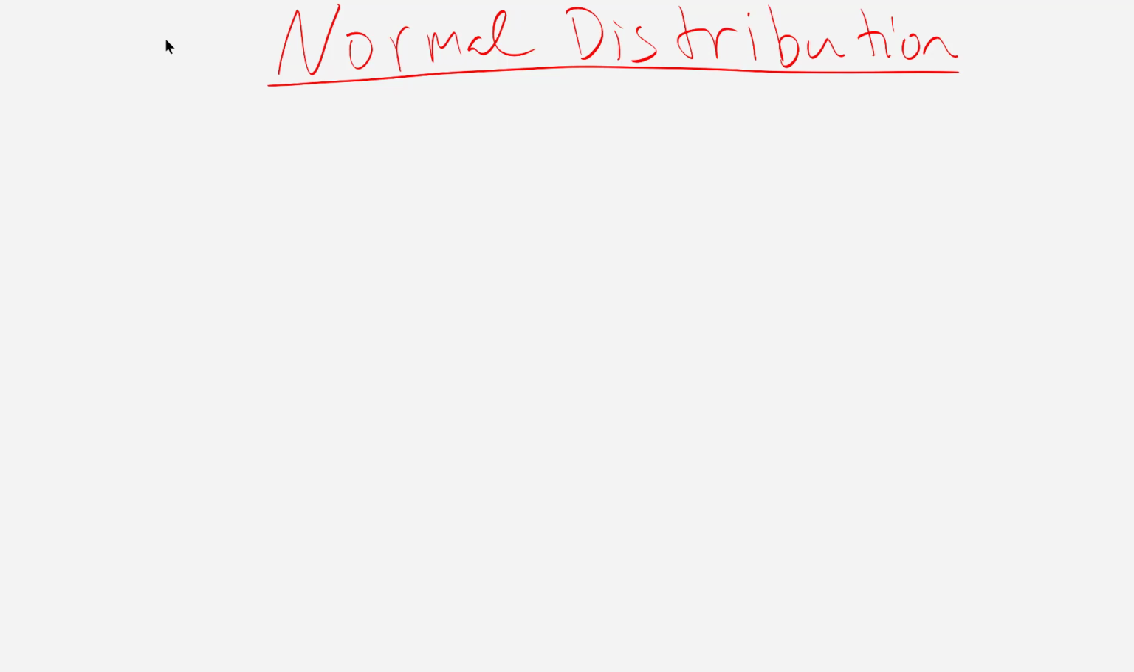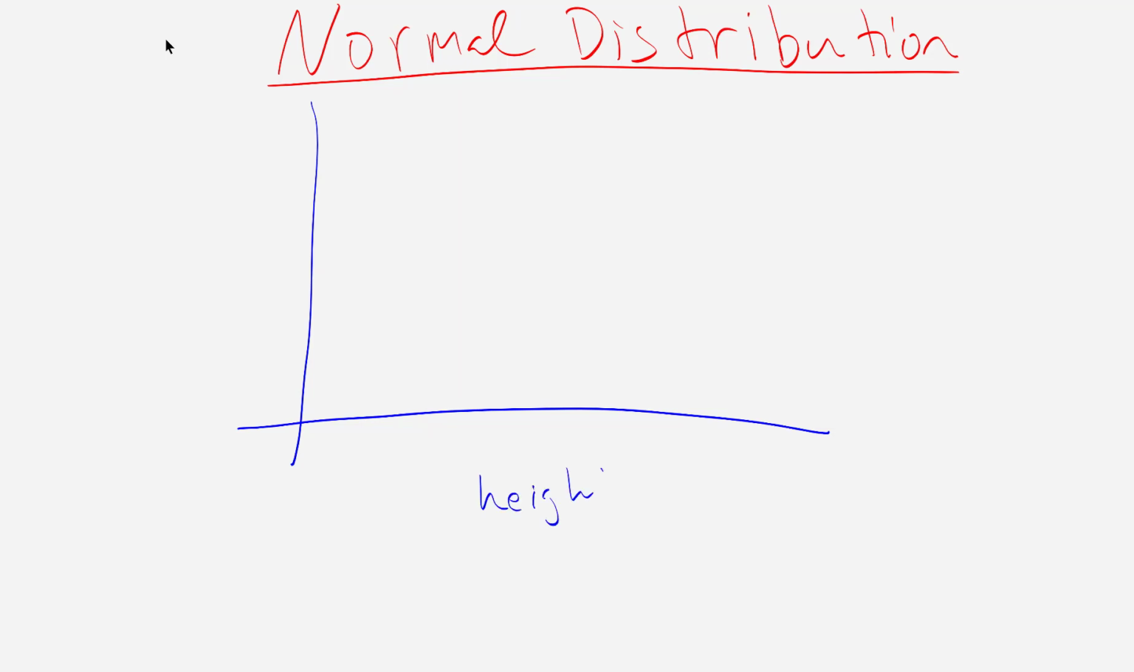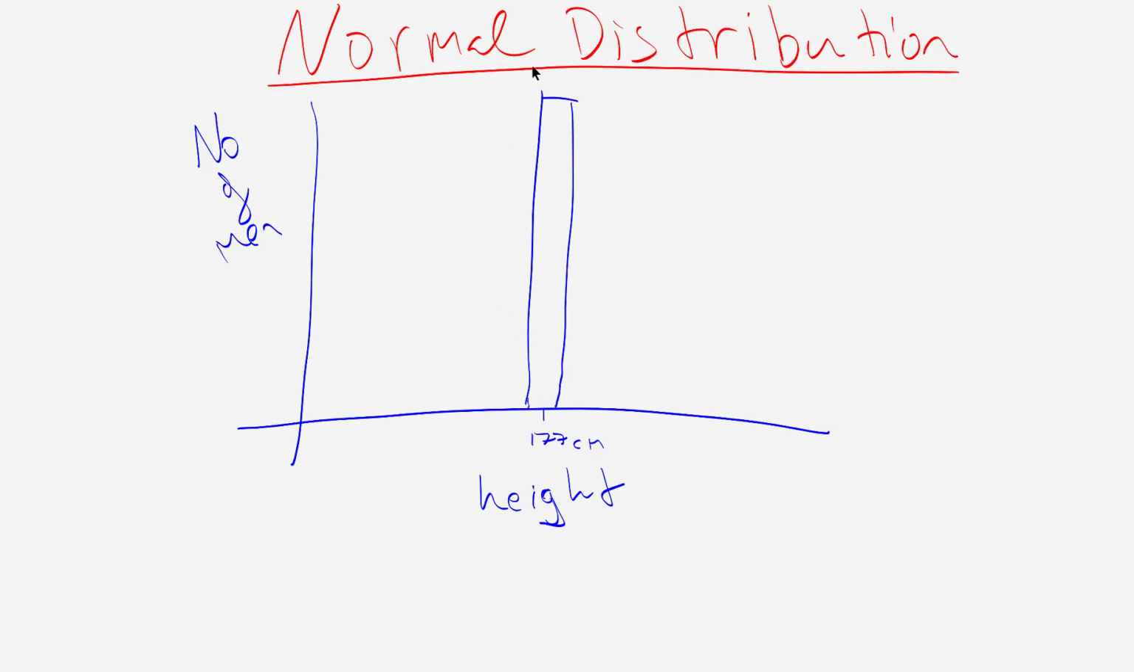So let's say, for example, I draw a graph, and on this graph, I just want to represent the heights of men in Ireland. So we've got the height here, and let's say on the vertical axis, we've got the number of men. So we're just trying to create a graph that shows the heights of men in Ireland. In Ireland, the average height of a man is about 177 centimeters. So if we were to draw a bar chart, there's more men with a height of 177 centimeters